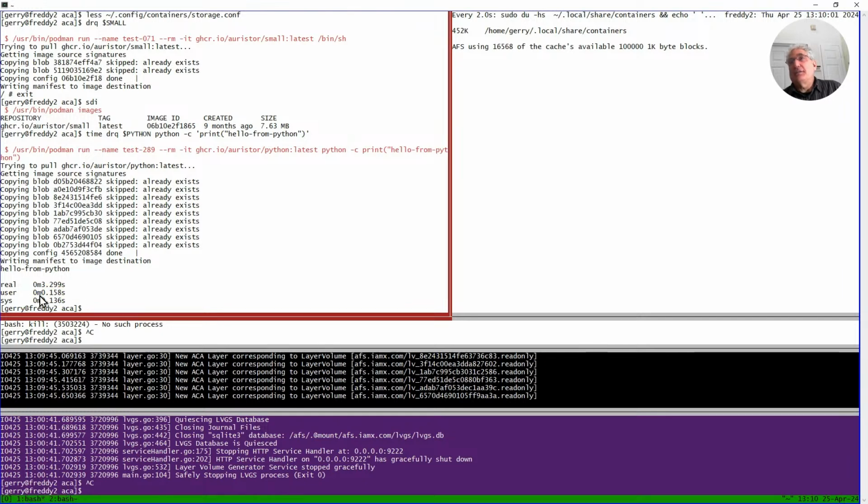Remember we said the start time drops by 76%. It only used 0.15 of my CPU, so it took much less clock time and much less CPU time. And instead of downloading a gigabyte, it downloaded, again, 1600 times 1K, which is 16 megabytes. 16 megabytes of that 1 gigabyte container image.